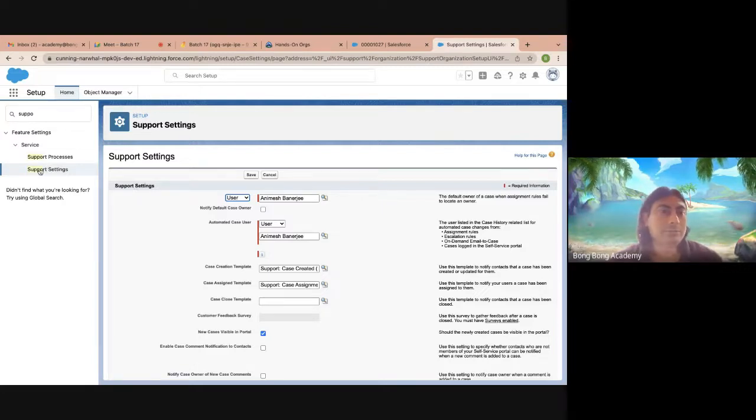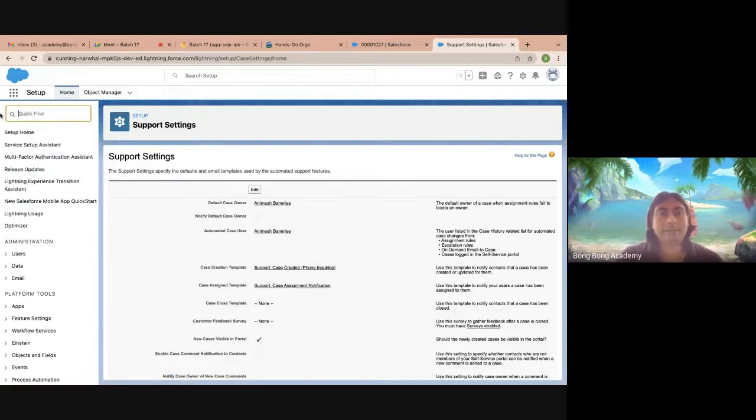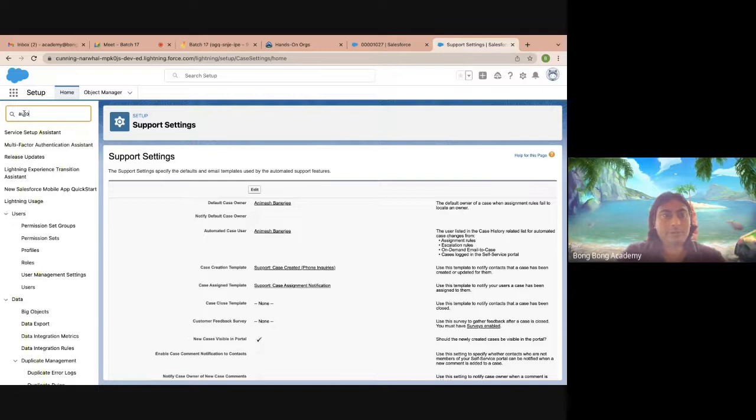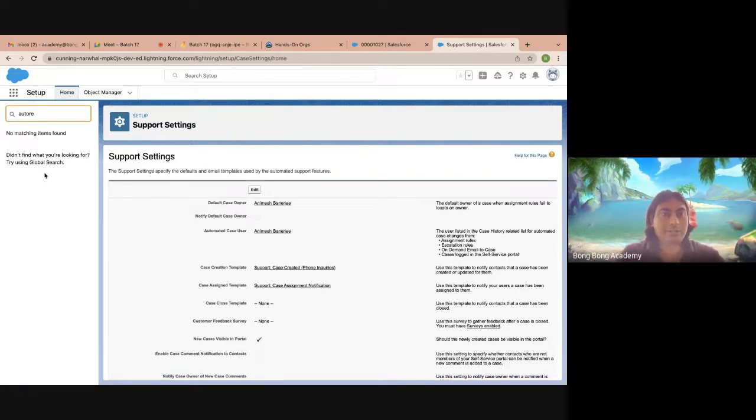Okay, now when the case has been assigned, you want to respond to people who are raising cases from emails and websites, because otherwise they are not sure whether somebody is working on that case or not. So the customer should get an automated mail. If you send a mail to this email ID, usually it will respond and say that a case ticket number has been created for you. That is created using auto response